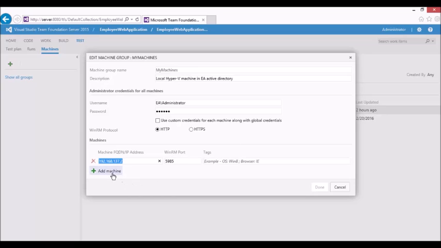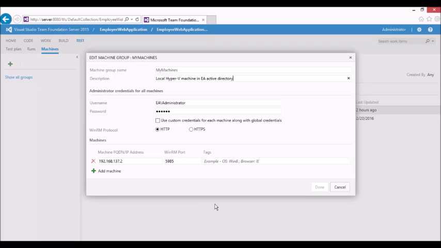You can add any number of machines here by just clicking this Add Machines, and you can keep on adding any number of machines in this group, right? But currently I'm just going to work with only one machine, which is more than enough for the resources that I have in my laptop, because if I keep on adding more and more machines, surely my machine's RAM will run out and even my